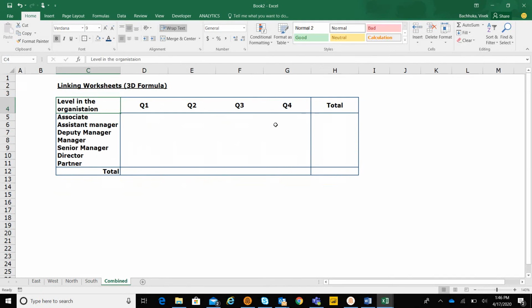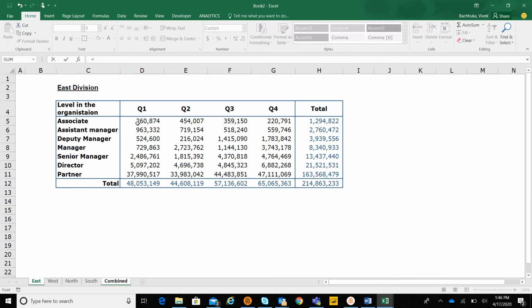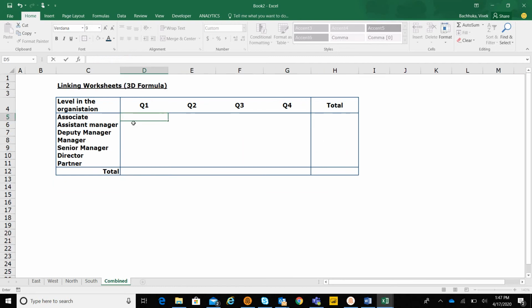So what our task is, we have to combine the whole data in one sheet. So how to do that? We will do equals to, then we will go here, add, then here, add. No, stop there. It's not the correct way to do it. There are only 4 sheets, so we might be able to do it faster in this example, but where there are many sheets, it would be very difficult and a bulky task to do. So I will tell you a more efficient and better way to do that.